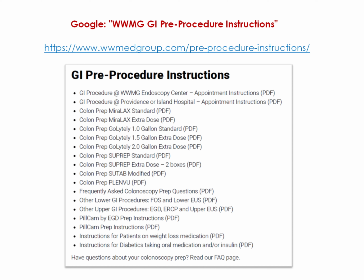You may ask me, Dr. Mu, which one should I use? GoLightly has been the time-tested regimen for over 30 years. Unfortunately, it has a large volume of 1 gallon, and is not well tolerated by some patients. The regimen of over-the-counter Miralax plus Gatorade offers a reasonable alternative. It is better tolerated in general and provides a reasonable bowel prep quality. Thus, it has become the preferred option by many patients. No matter which regimen you use, dietary modifications ahead of time are essential. Also remember, some patients will still need an extra dose regimen,